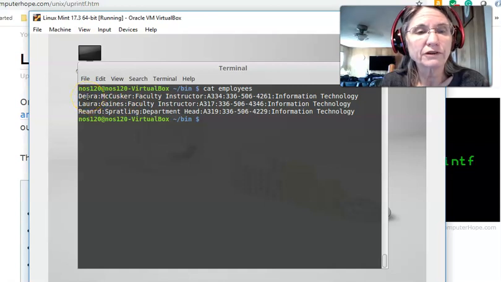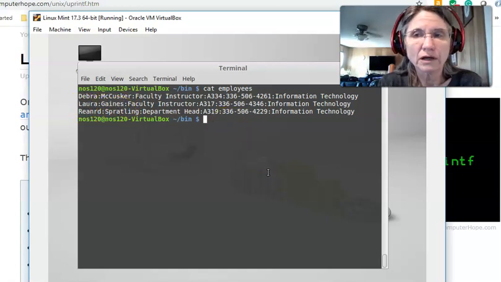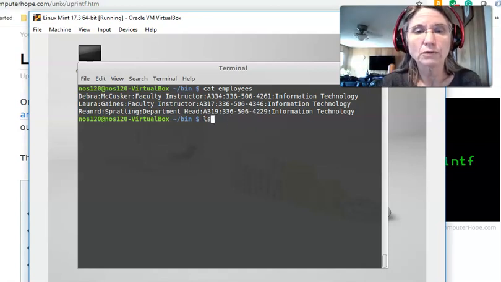But in fact, the first two entries, not three, but two, have a first and last name in them. So this file possibly could be used as a source of input to my little program that I am writing